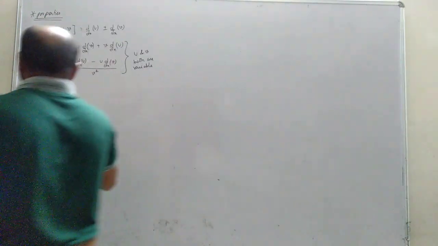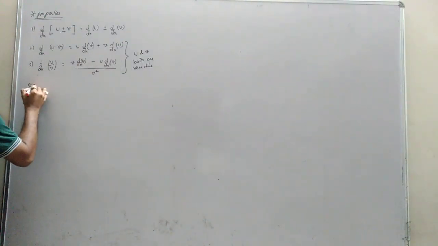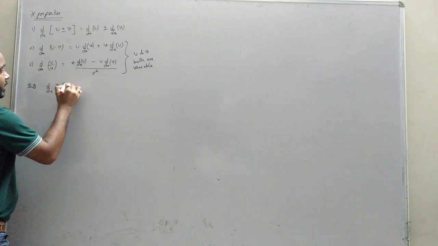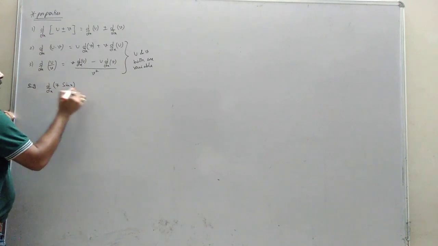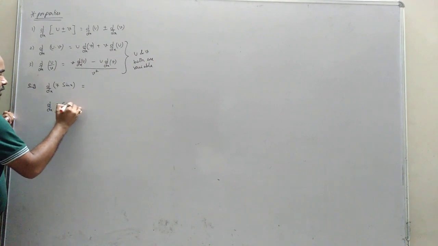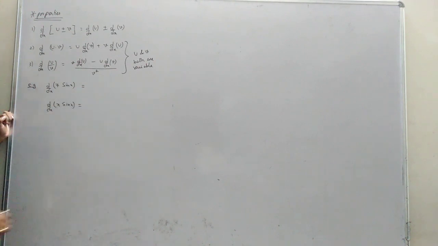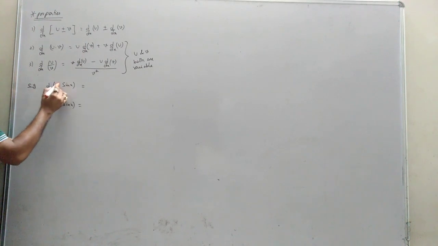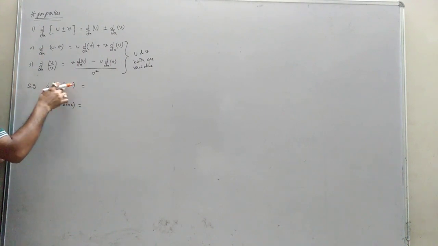See, if I write like this, as an example for understanding these two: d/dx of 7 into sin x. This is one. What will happen? And next is d/dx of x into sin x. What will happen? Now this is also something into something. But if I write d/dx, that is, x is the variable. So here do we have x? No, this is a constant, but this is a variable. So it is not variable into variable, it is constant into variable.